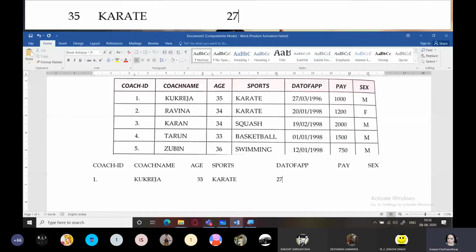Friends, you will need to watch this recording 2-3 times to understand how to give tab settings, because it is a bit typical topic over here. But once you learn it, you will be able to work properly. You can see how organized my table is looking, even though I have not used a table.